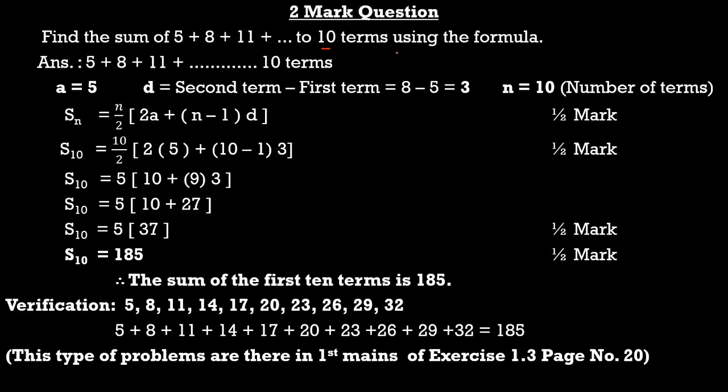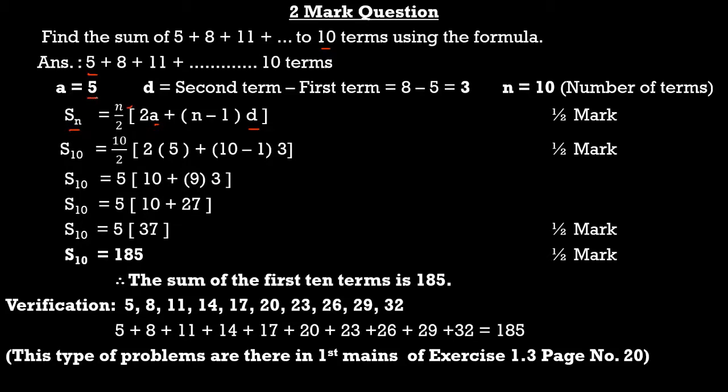The formula to find the sum of the nth terms is Sn is equals to n divided by 2 into bracket 2a plus n minus 1 into d. To calculate the sum, we need first term a, number of terms n and common difference d. Every series begins with a term and that term is called first term a. In this series, the first term is 5. So, the first term is equals to 5.